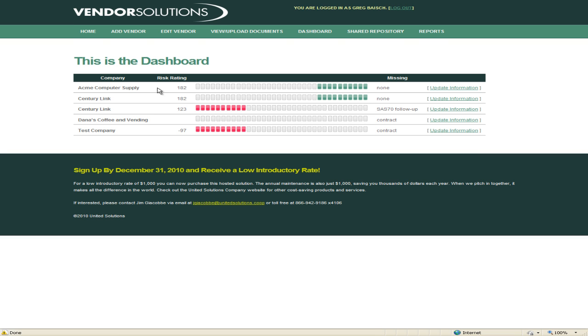So let's take a look. It lists the company name and the risk rating based on our algorithm. The higher the score, the less the risk; the lower the score, the more risk. And then it tells you what documents are missing, and it allows you to update the information if you do have changes to make, such as you've collected